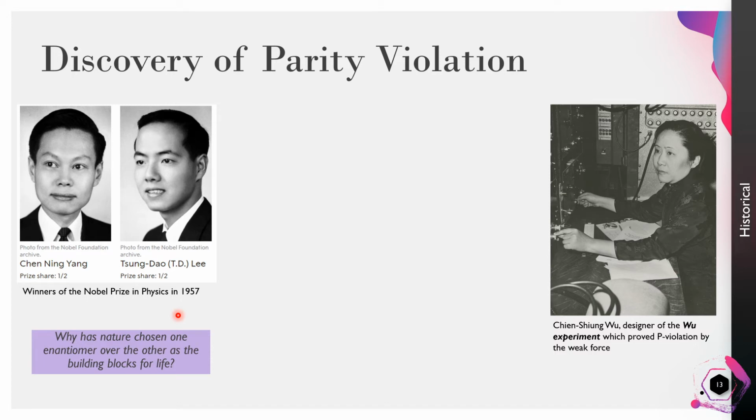Yang and Lee, who won the Nobel Prize in 1957, looked through the literature and saw that for the force of gravity, the electrostatic force, and the strong nuclear force, parity was conserved. But for the weak nuclear force, it was unsure at the time whether parity was conserved as well. They proposed some experiments, and later that year, Madame Wu, the designer of the Wu experiment,